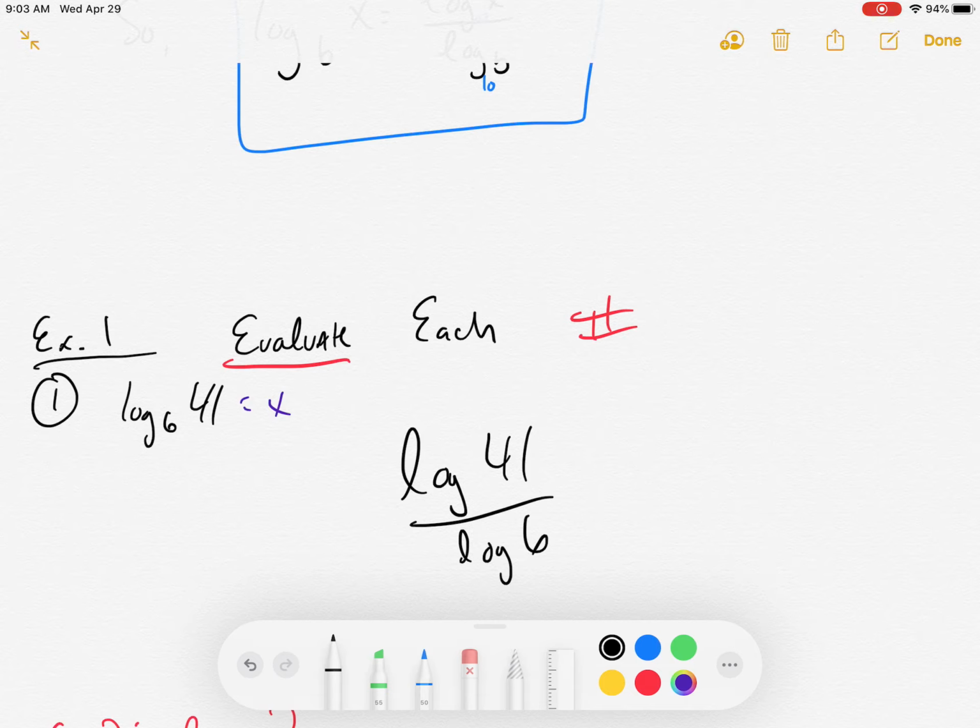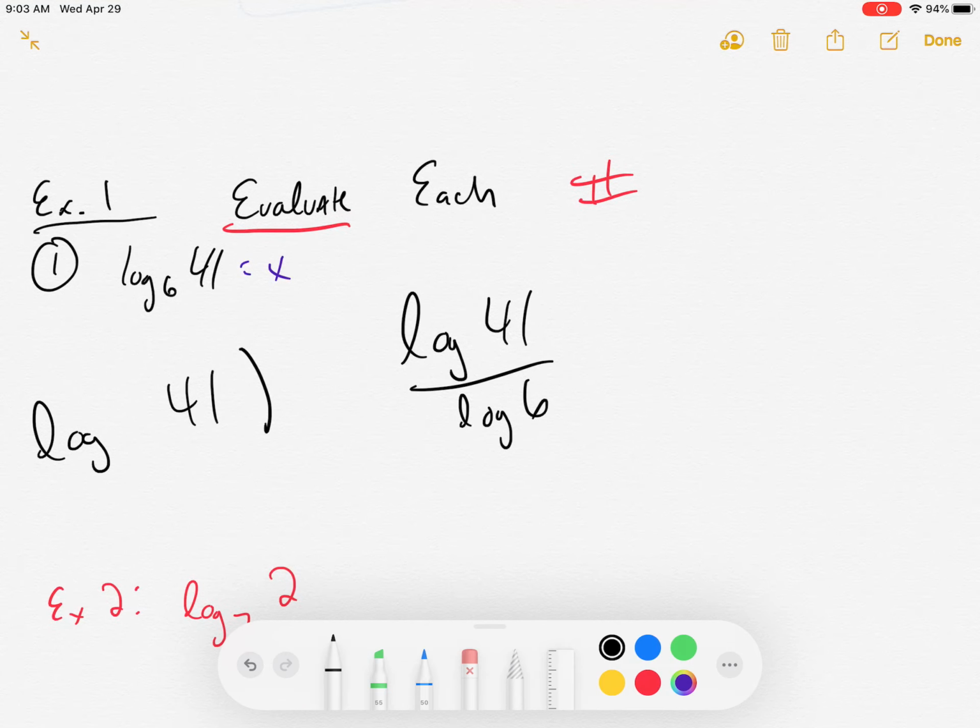one second, it closed out on me. What you can do is you can type it in just like this. I'll type out the buttons for you to press. You can press log. You hit 41. You close the parenthesis. And then you hit divided by log 6. Okay, I'll do it with you. Log 41. Close the parenthesis. Divided by log 6. And you should get